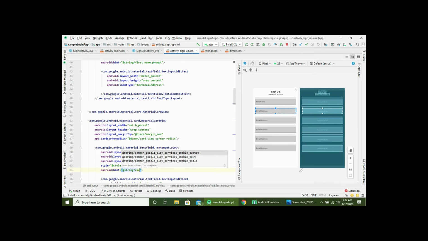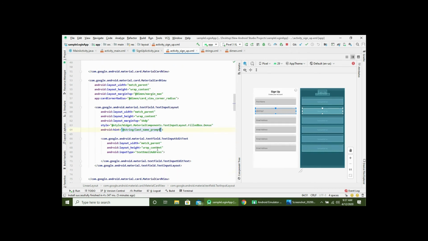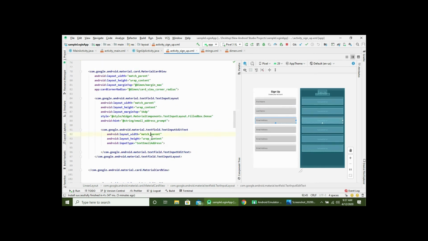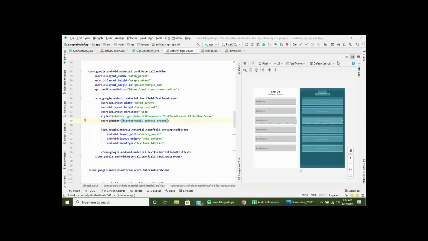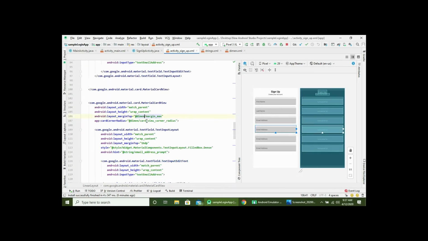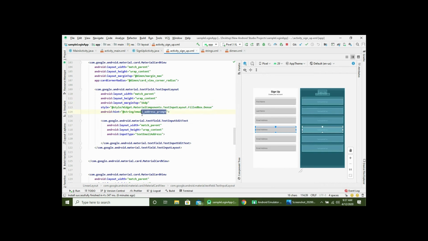This is the second name or last name. And this is the email. First name, last name, email, and finally ID number, and then phone number, and then password. So this is the ID number